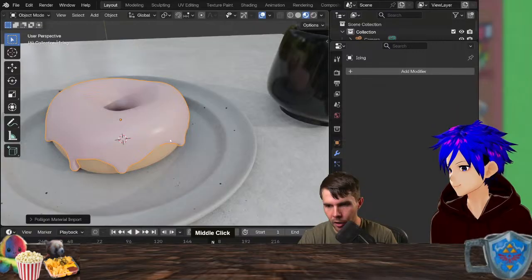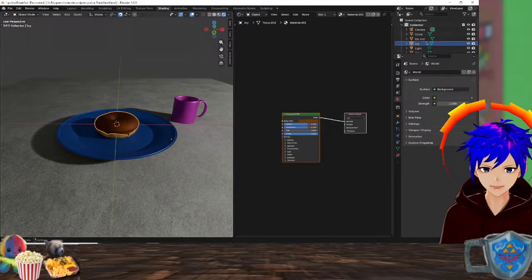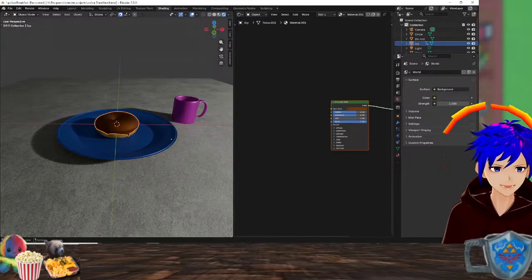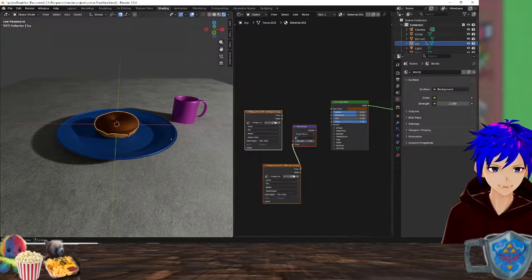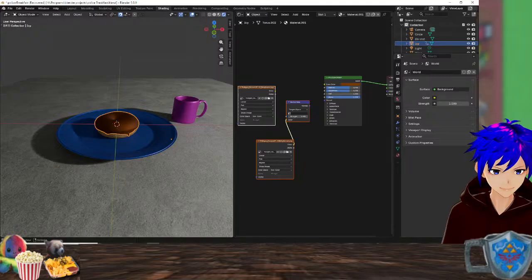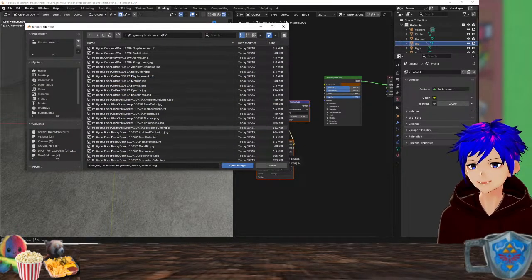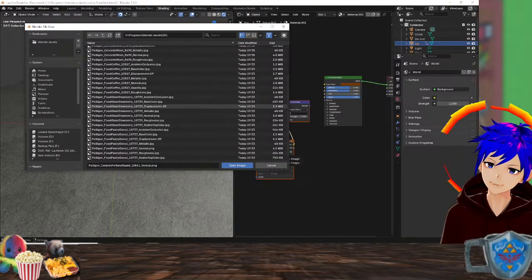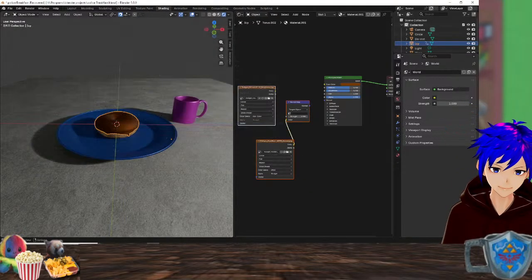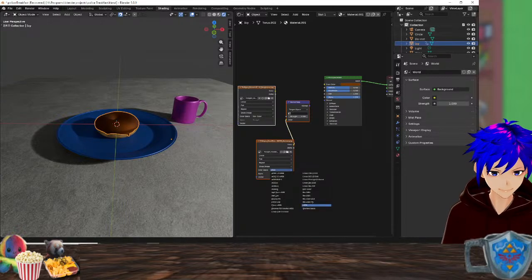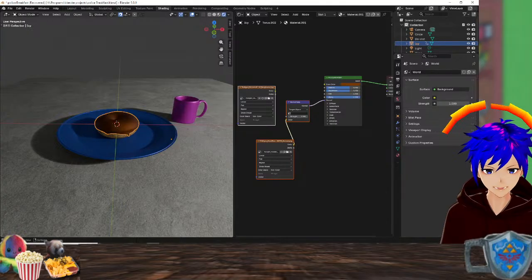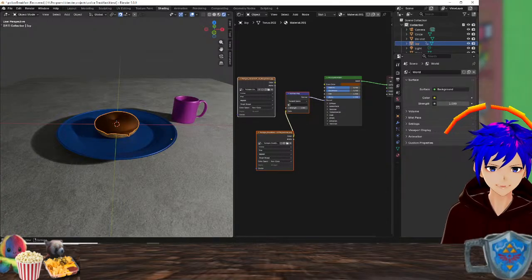Okay. I'm gonna add a few things. Paste. Non-color, non-color. Glaze, normal. Again, non-color. This time I really want to keep my chocolate thingy.